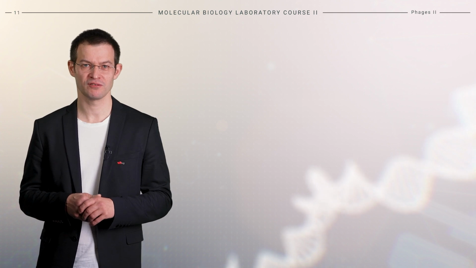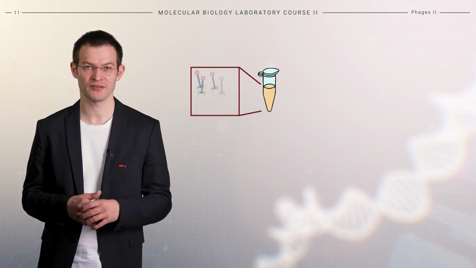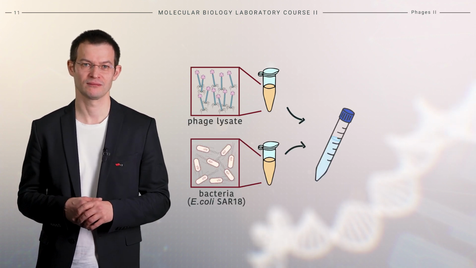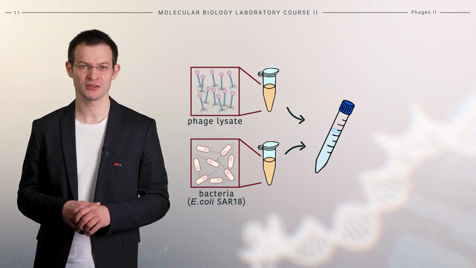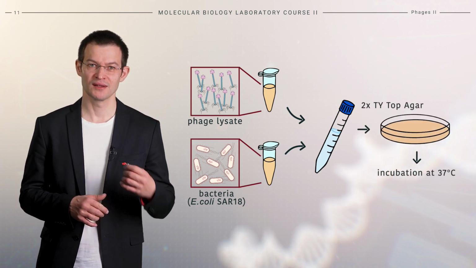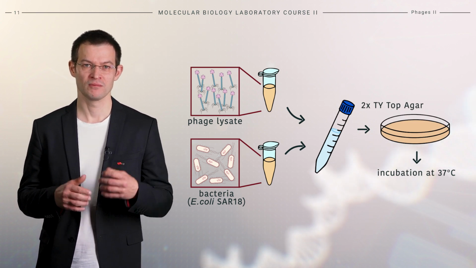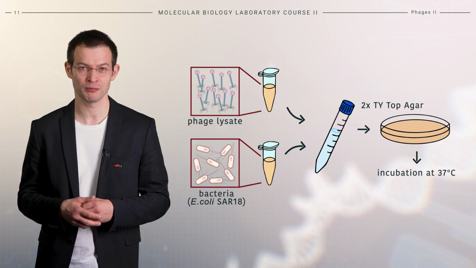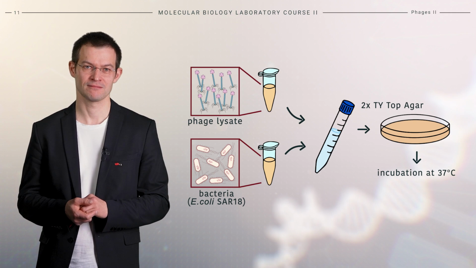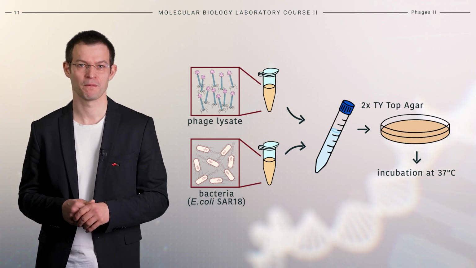For the preparation of the phage lysate, dilutions of the phage suspensions are prepared and mixed with a bacterial suspension from our donor strain. After a brief incubation, this mixture is added to a so-called top agar. This agar remains liquid when kept at around 50 degrees. The mixture is quickly poured onto agar plates containing ampicillin, where it rapidly solidifies. Within a few hours, the phage particles infect the bacteria.